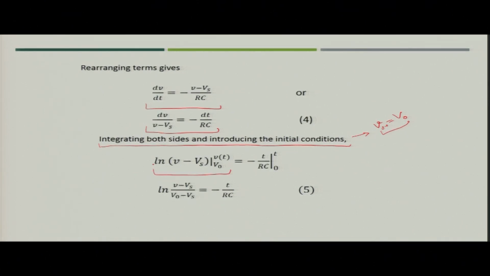We get ln(V minus Vs) with the value varying from V naught to V(t) is equal to minus t by RC, where time ranges from 0 to t. So, you can simply say that ln of (V minus Vs) upon (V naught minus Vs) is equal to minus t by RC,